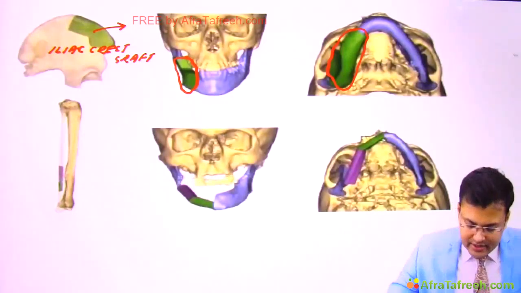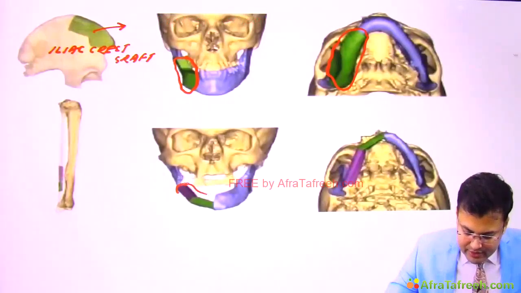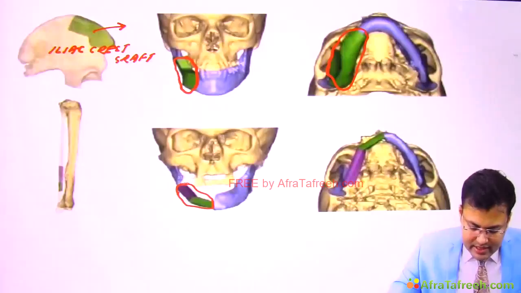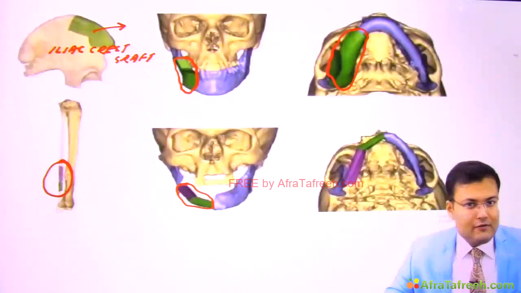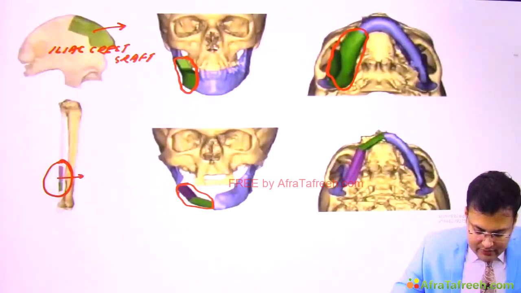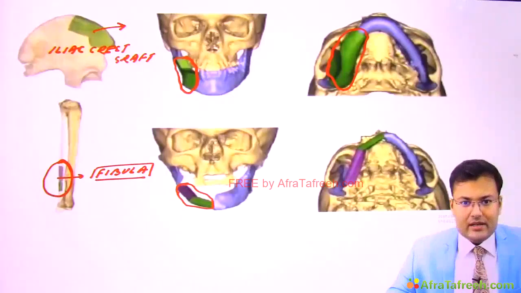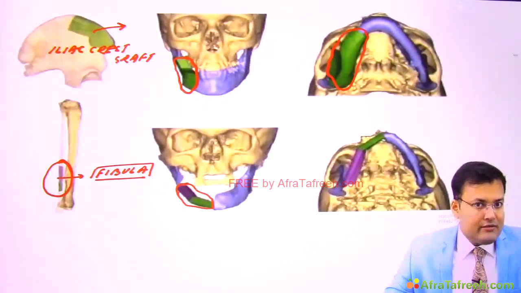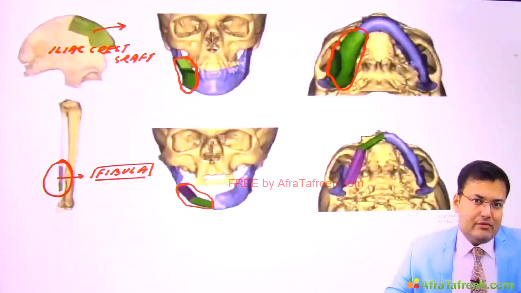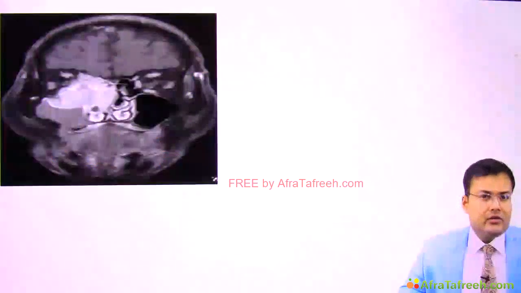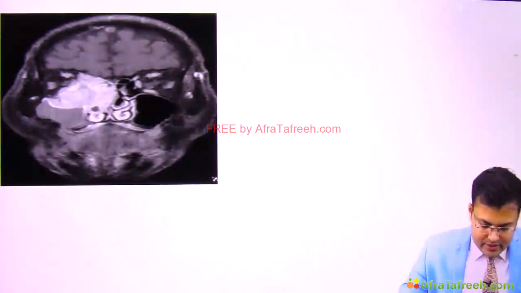Now see the second picture. Here also you can see that this much of the mandible has to be reconstructed, and we are taking which graft? You can see we are taking fibula for reconstruction, and this fibula graft is used. Clear? And it is based on which artery? Peroneal artery. Another important point which we discussed, that for a dentate patient, which one is the preferred graft? Iliac crest. And for an edentulous patient, which one is preferred? It is the fibula.